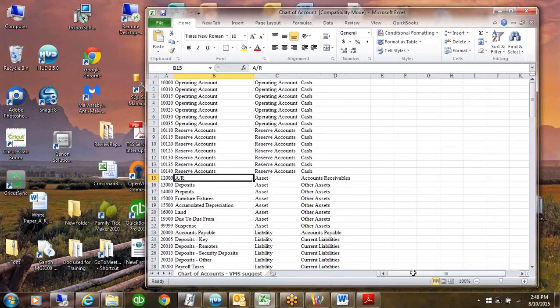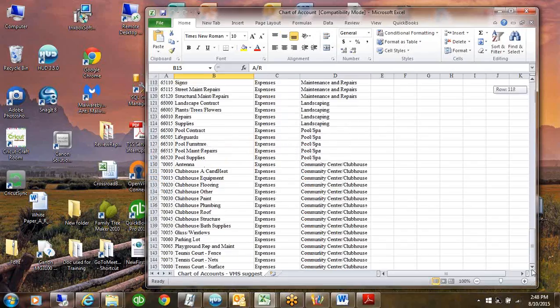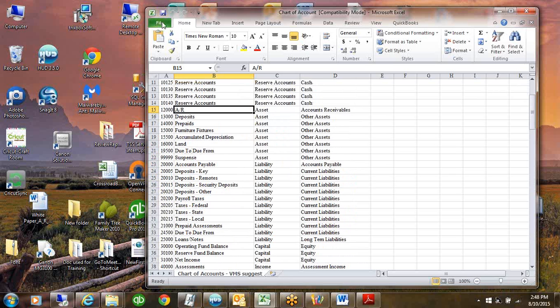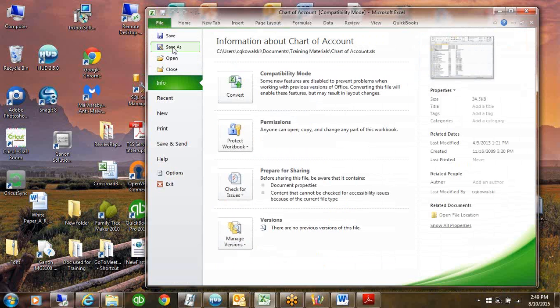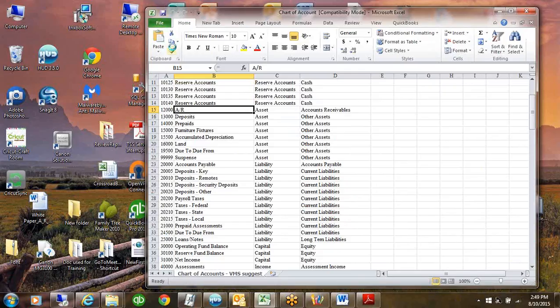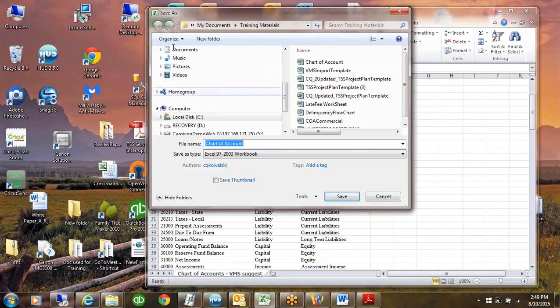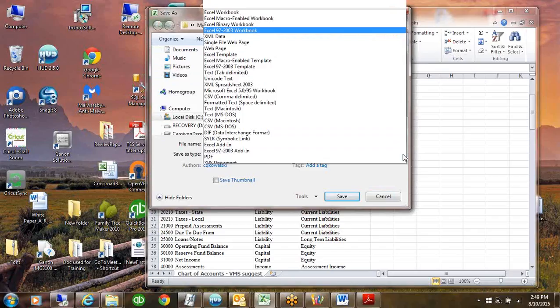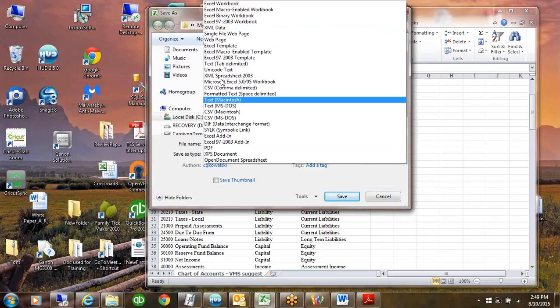The only change that I use that is not in the instructions that I'm going to show you right now to bring in this chart of accounts is that when I save this, I save it as a tab delimited instead of a comma delimited, only because I have better luck with it. So once you have your chart of accounts in your Excel spreadsheet, you want to come in and say File, Save As,